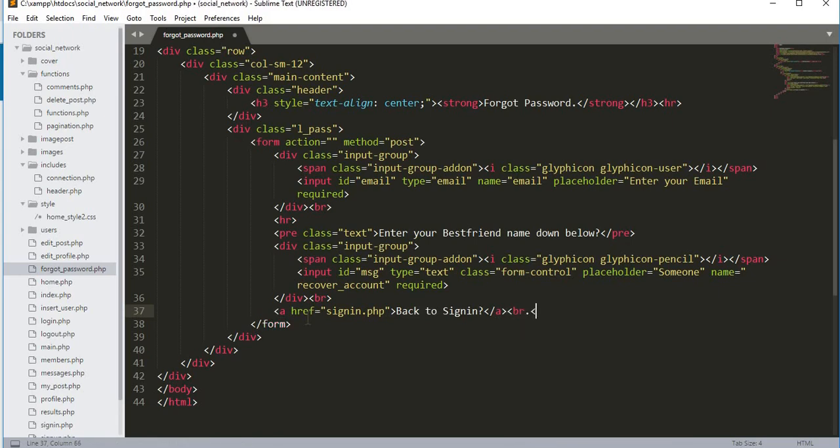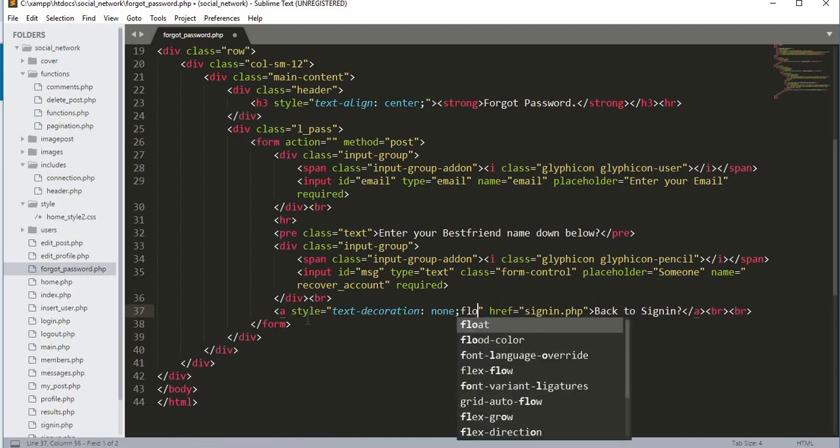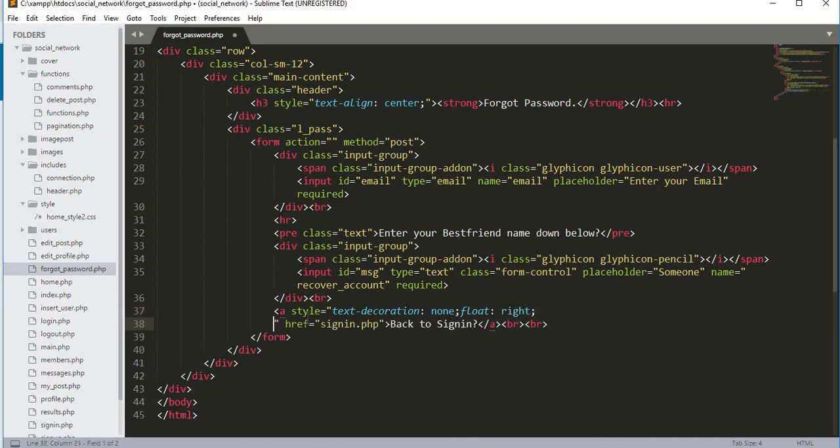and then add a br tag, and inside this href tag what we will do, style will be equal to text-decoration none, float on the right side, and color will be #187fab, and after this we will type data-toggle will be tooltip, and then title will be sign in,